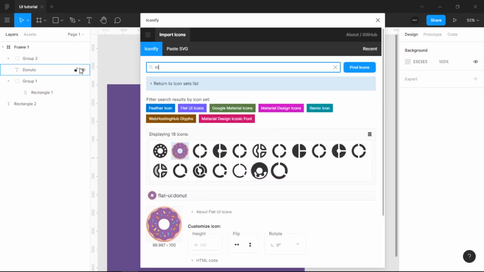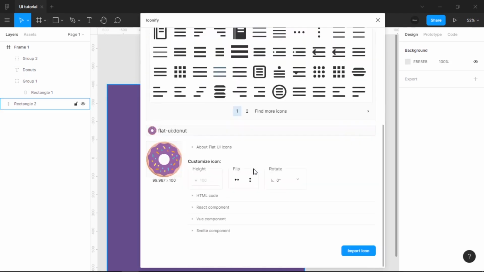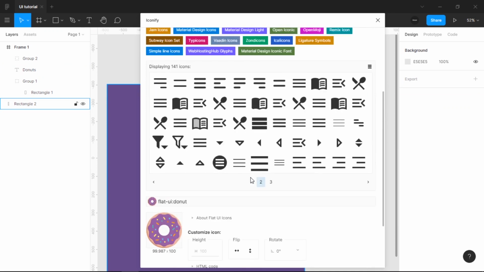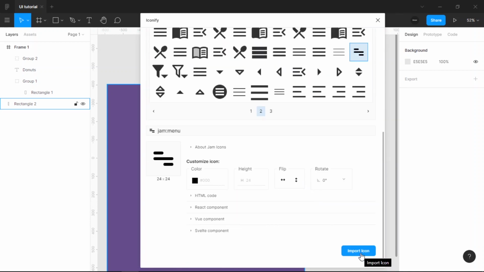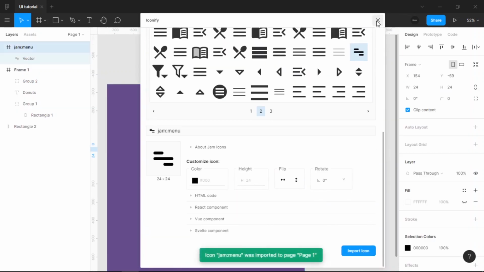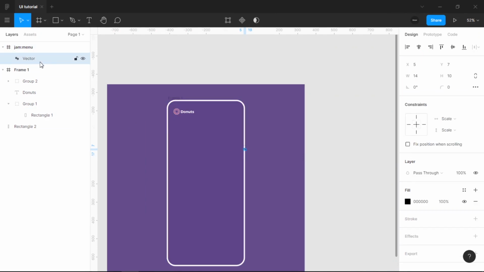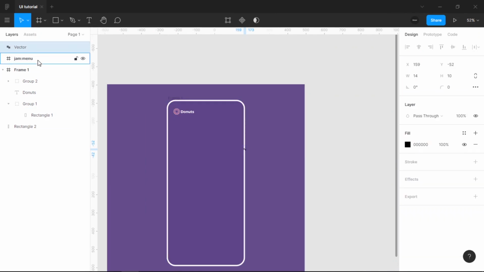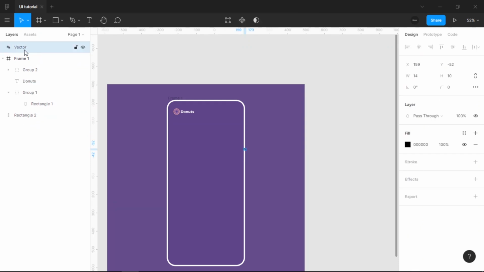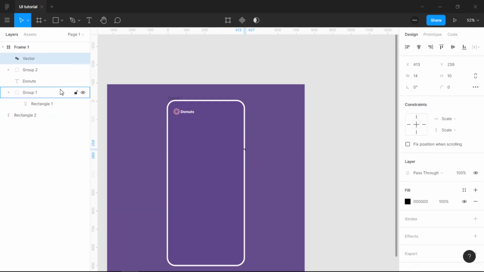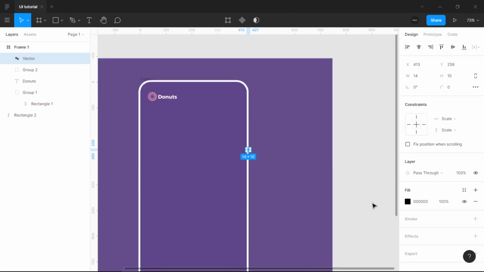We put menu, and then we select which one we like. I select this one, then import icon, it import as SVG, then this one put outside the frame, again delete the frame, put inside the frame, and then we put the color to F of white,